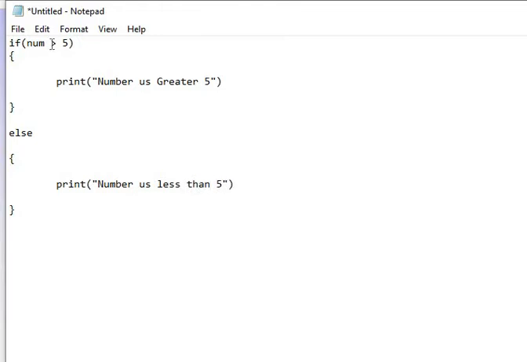Just do it as greater than or equal to: number is greater than or equal to